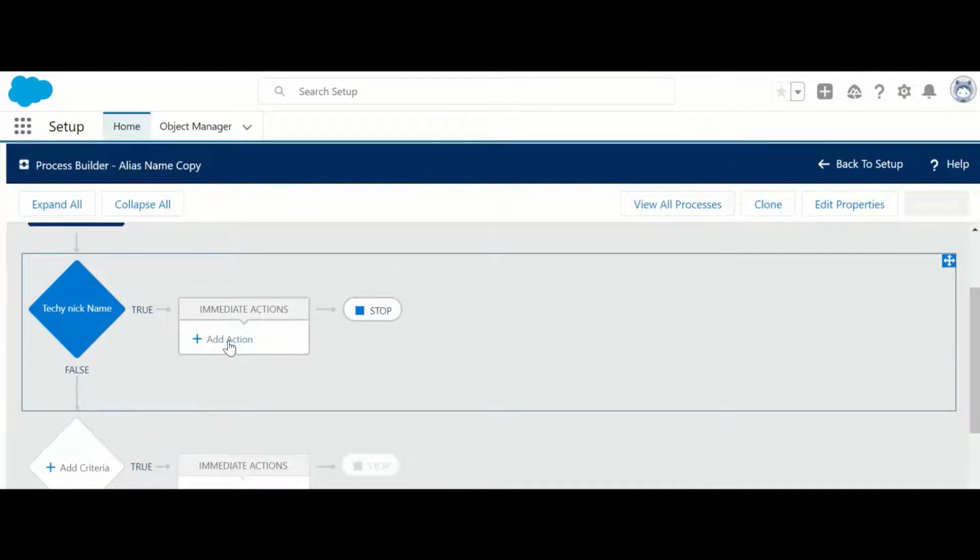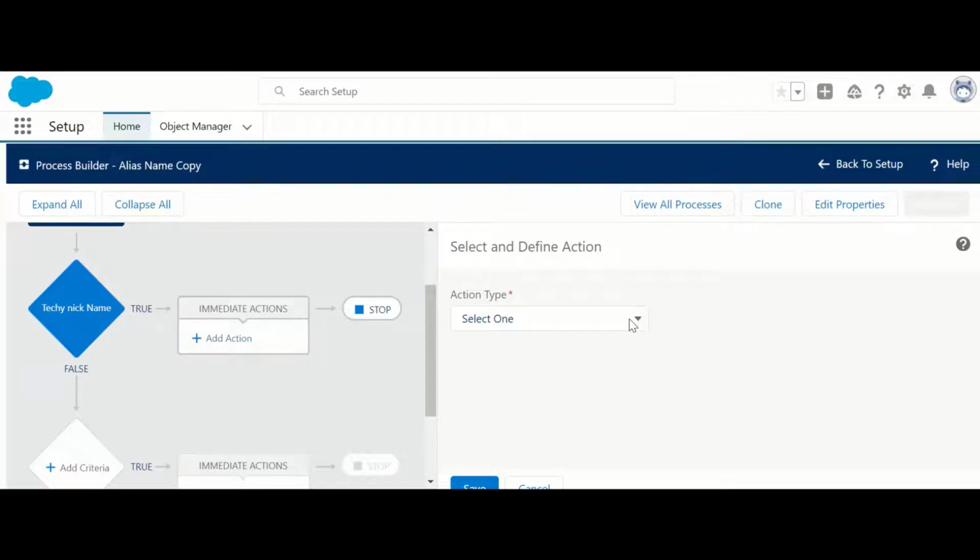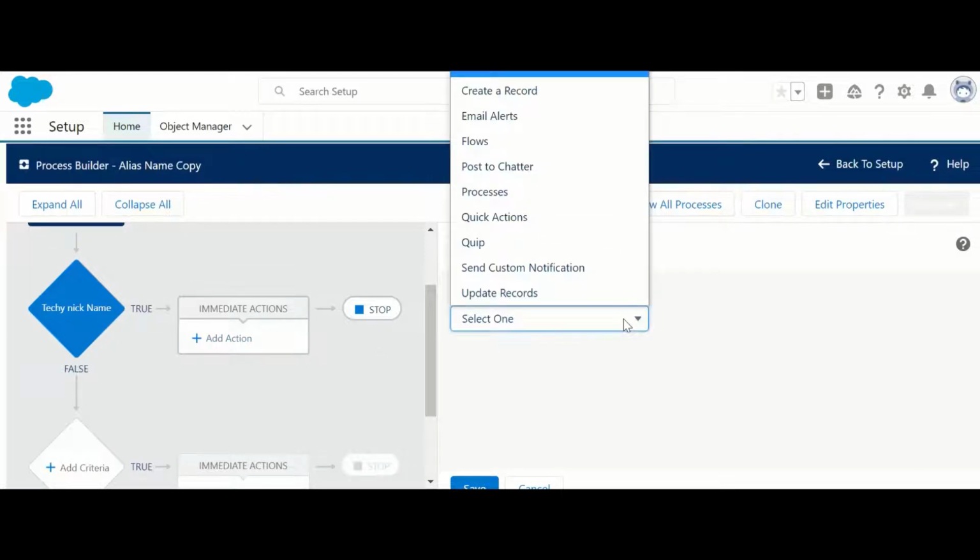In action, add action. You can select these types of action: create a record, email alerts, flows, post to Chatter, processes, quick actions, quiz, send custom notification, update records. According to our requirement, we are going to update all nicknames of that contact.